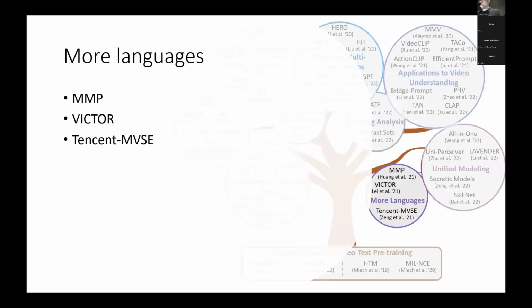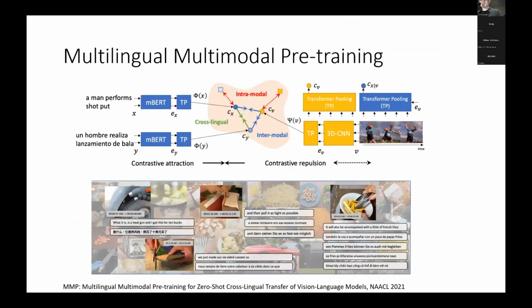And finally, we will briefly talk about more languages. There are 3 works related to this. One is multilingual multimodal pre-training. In this work we found that if we want to do zero-shot cross-lingual transfer, the performance of the traditional model will drop sharply. So they created a dataset from HowTo100M with